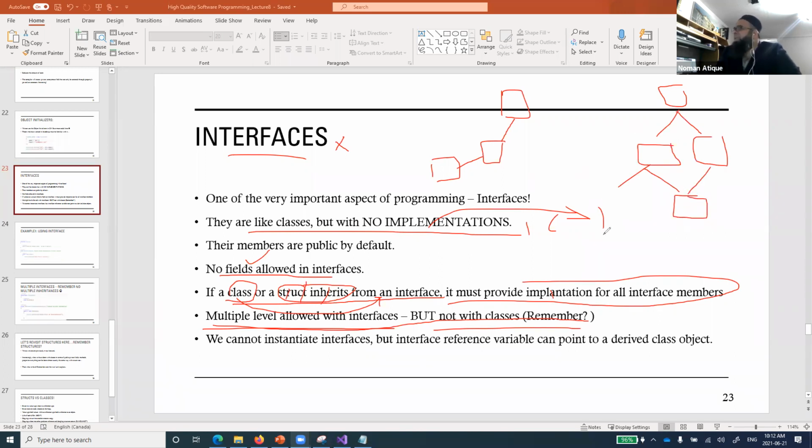So which one is multiple level? Out of these two, A and B. You remember we talked about B. No two classes can combine together to create a new child, inheriting the features from multiple classes. It is not allowed in C#. I told you that it's not even allowed in Java, but C++ allows this type of inheritance. But here, this is called multi-level inheritance, which is very much allowed.